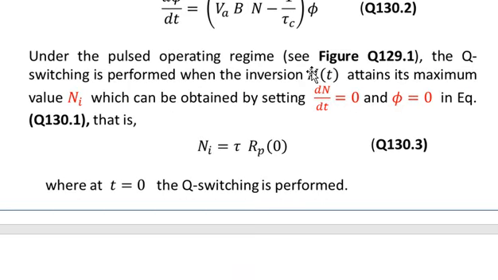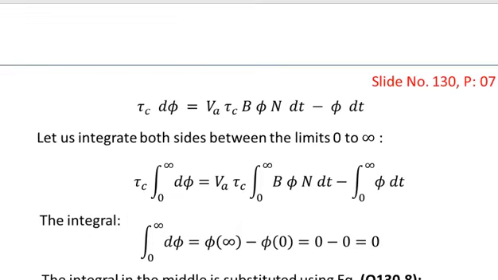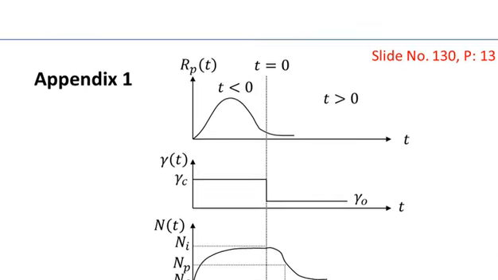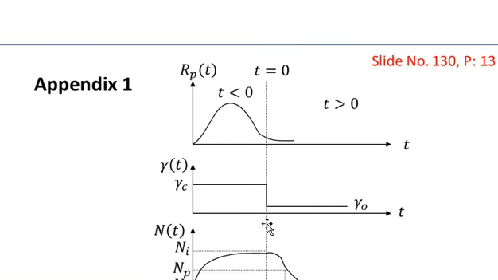Under the pulsed operating regime, figure 129.1, that is in slide number 129, figure number 1, which I have reproduced in appendix number 1. Let me show you that figure first. For example, this is the figure. You can see that the pump rate has been given and the Q switch is switched to the open state at a time t equal to 0, and you can see the pumping rate is in the form of a pulse,